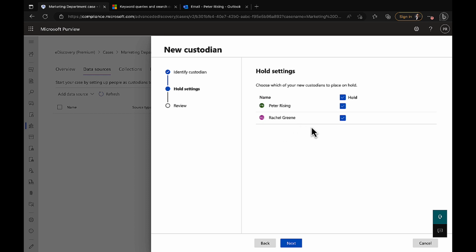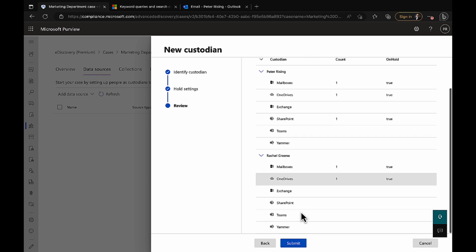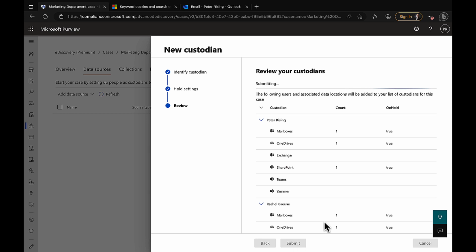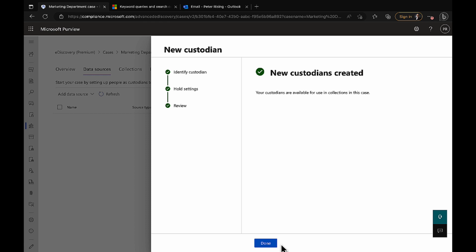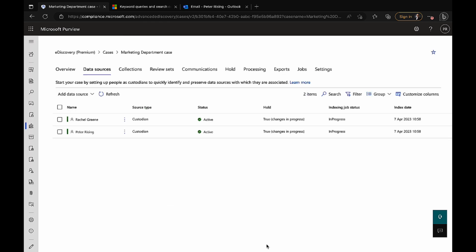And here we can see the hold settings when we click on next, and both of the custodians are automatically selected to be placed on hold as part of this case. We will leave that in place and click next. It's always a good idea to have your custodians set to be on hold. And the main reason for this is that if you have retention policies in your Microsoft 365, then if you don't have a hold in place, the content that you are searching for could conceivably be deleted as part of a retention policy. So now we've clicked on submit and done, and we have our first two data sources,